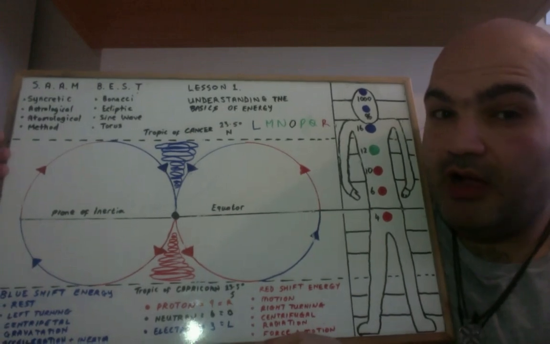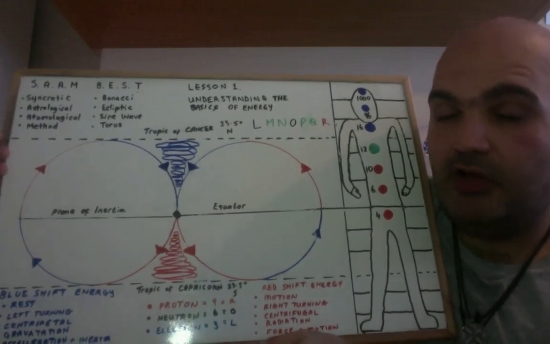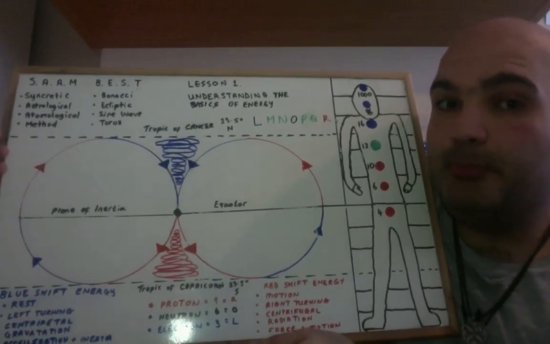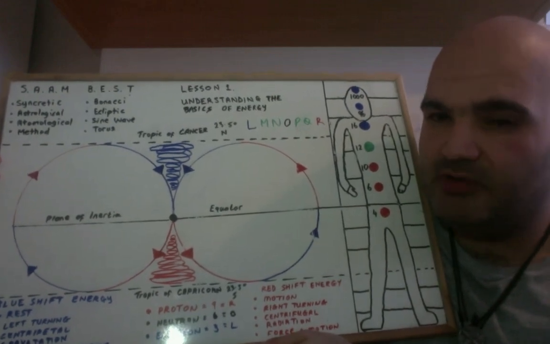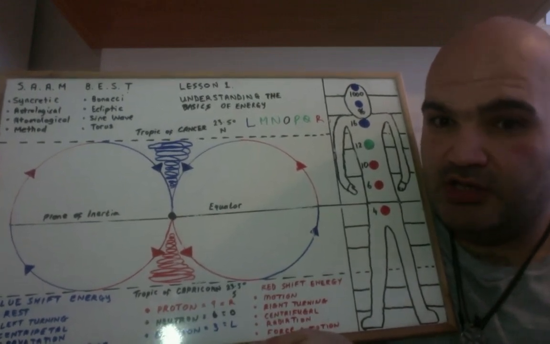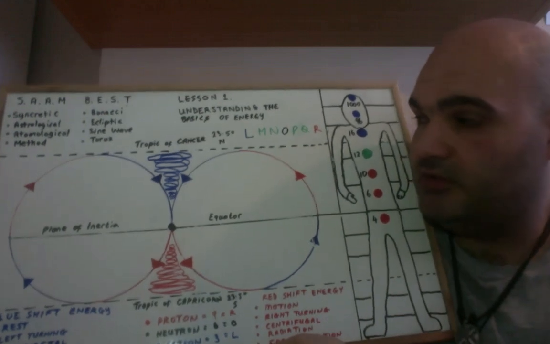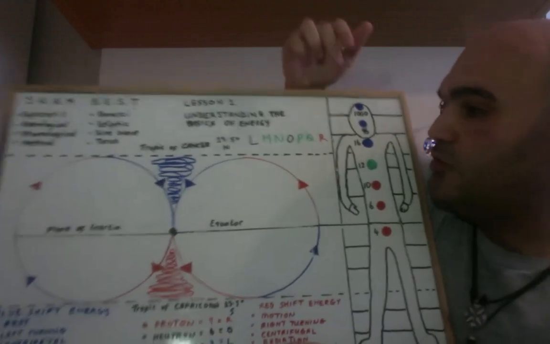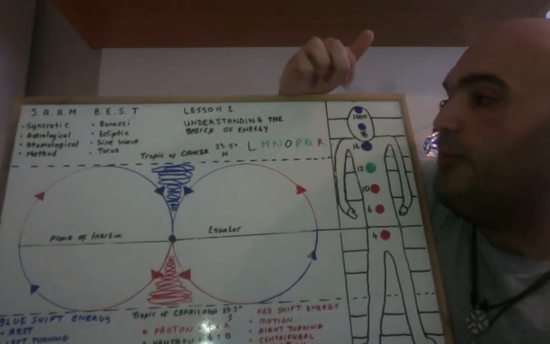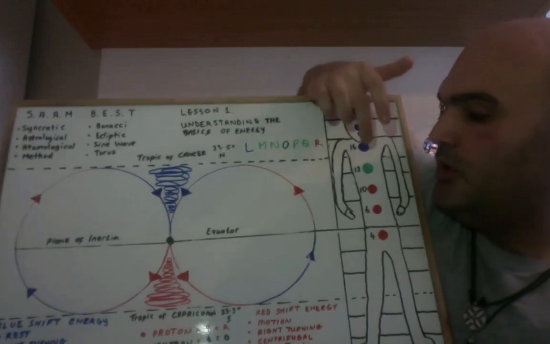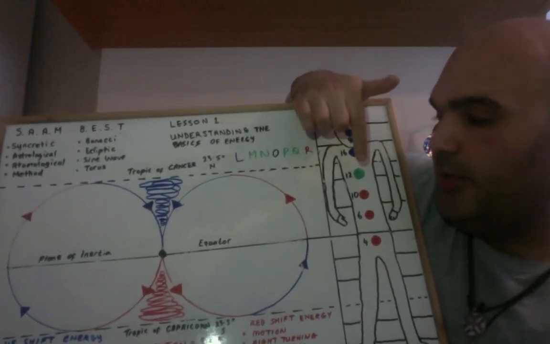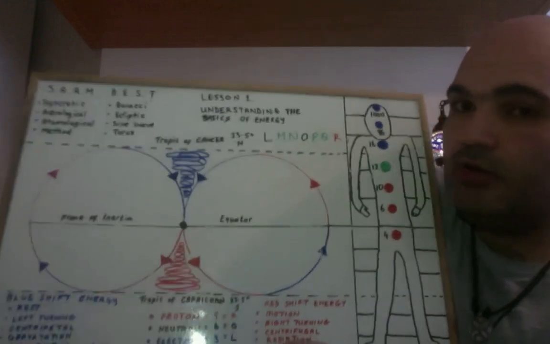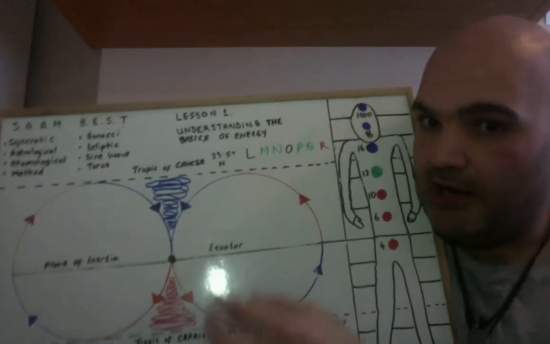Like I mentioned earlier in the slides, blue shift energy resonates at a higher frequency and redshift energy resonates at a lower frequency. And I also showed you earlier about how our bodies have chakras. So it's blue at the top and red at the bottom. So if we look at our Earth and we look at